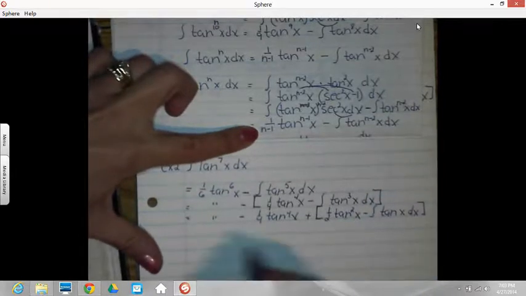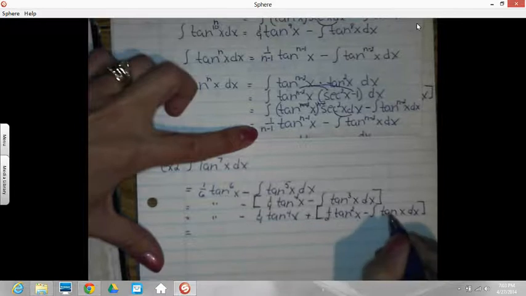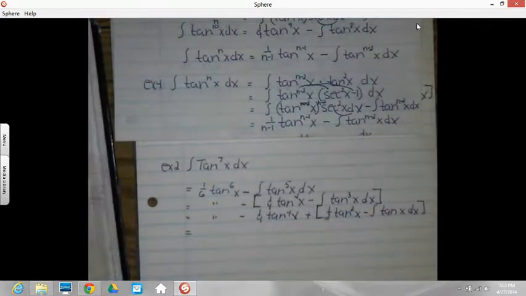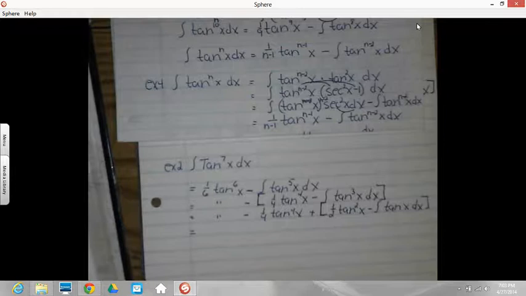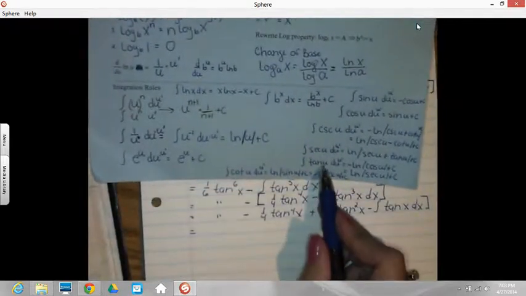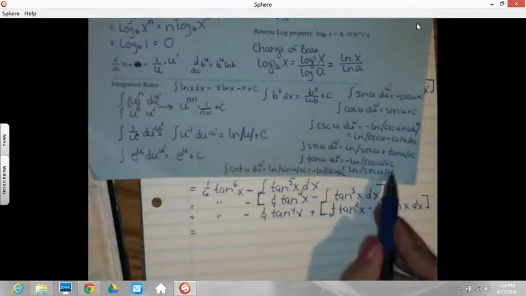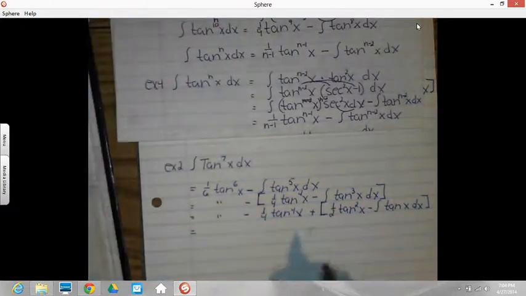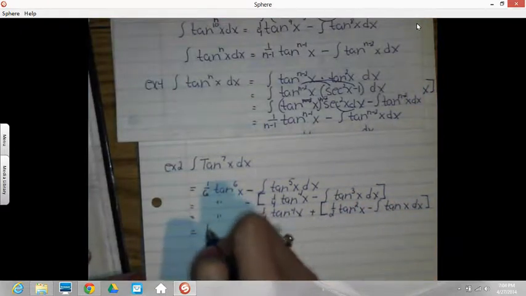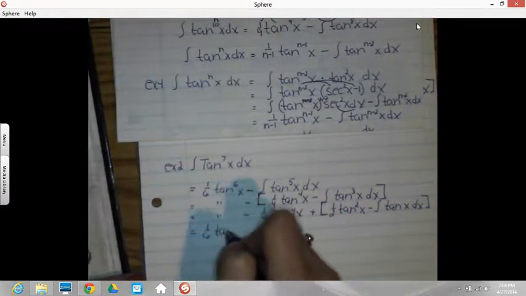So, looks like we're ready because the integral of tangent I have on that blue sheet, and so do you. Tan's antiderivative, there was an option here. You can use either one. Doesn't matter. And then we'll be done. So 1/6 tan to the 6th x